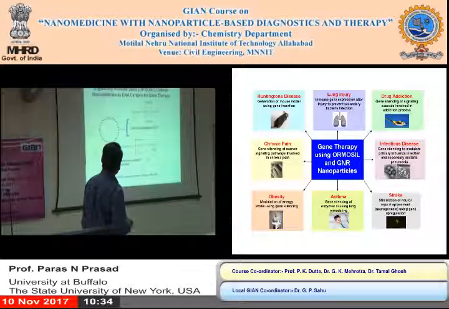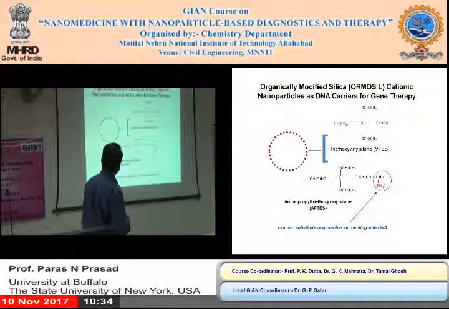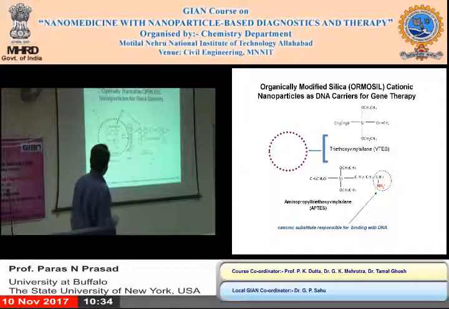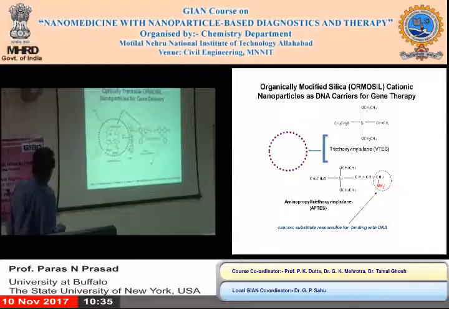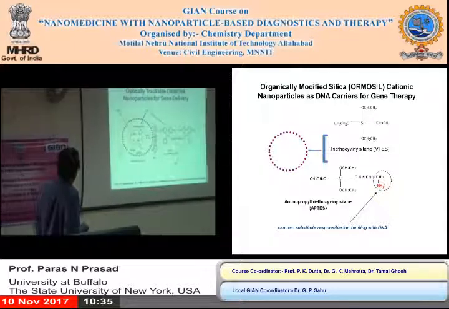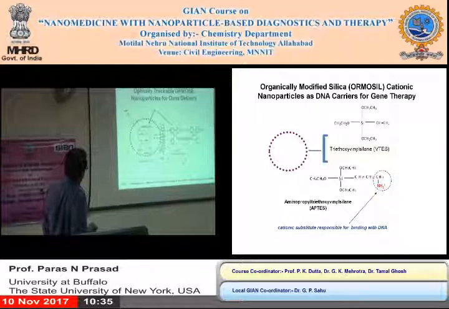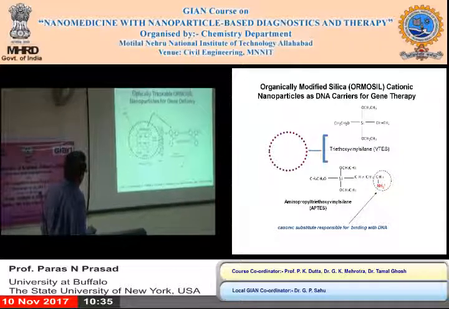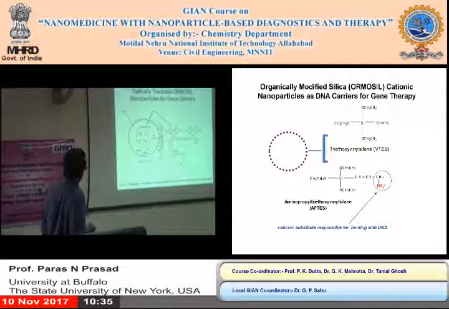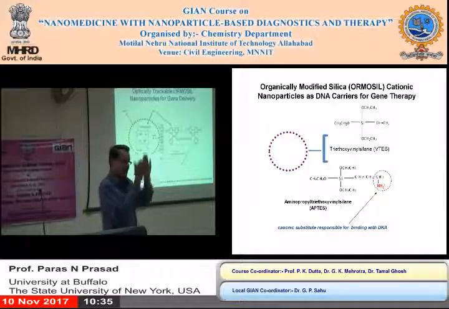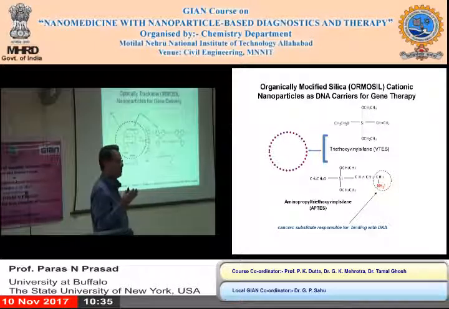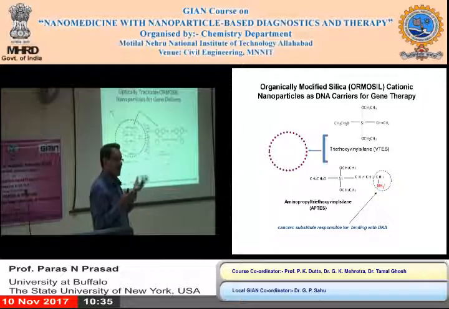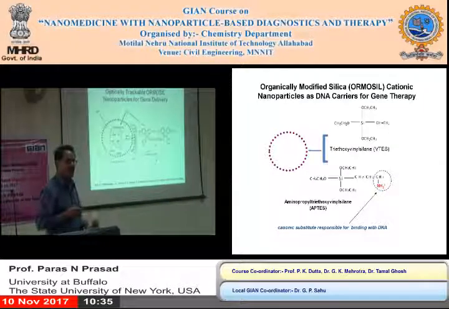Here we showed organically modified silica with positive charge that binds to DNA. The positive charge is exposed on the surface, and then we also put an optical probe inside the nanoparticle, and in the DNA we intercalated another dye. Okay, and there are certain kinds of dyes that get inside the double strand chain of the DNA and stain the DNA. That's how you monitor DNA also, by staining it with a DNA staining dye. Okay,